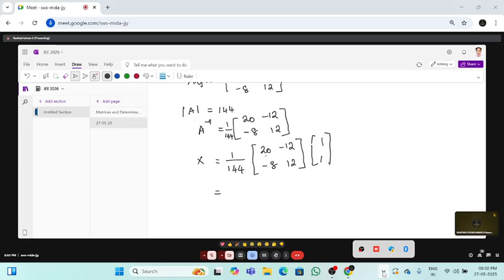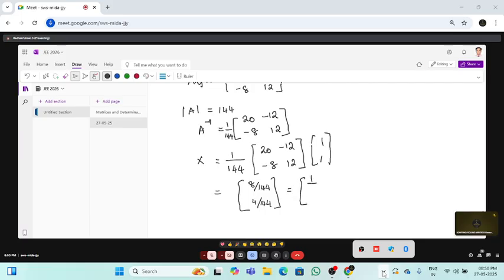So that will be simply 20 minus 12, 8. This is minus 8 plus 12, 4. It will simply be like this,